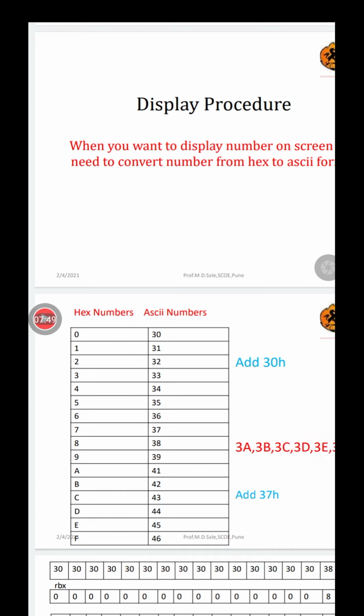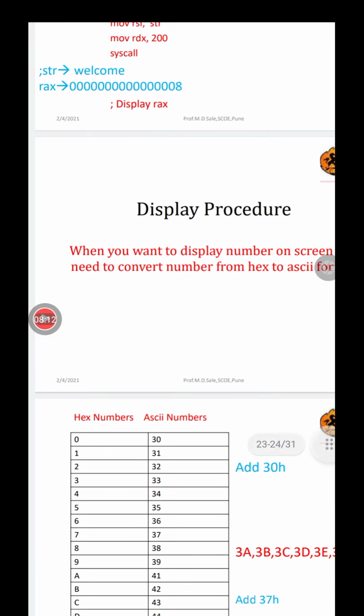And after converting it into an ASCII value, we have to store these ASCII values in one array. And this array we display by using the write system call. So that will display this value on the screen.